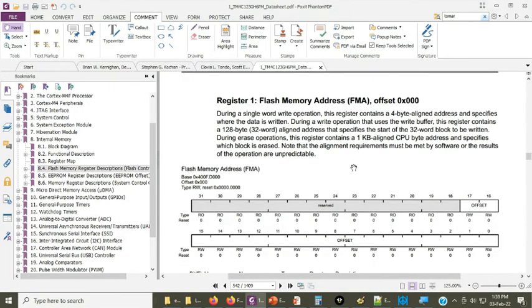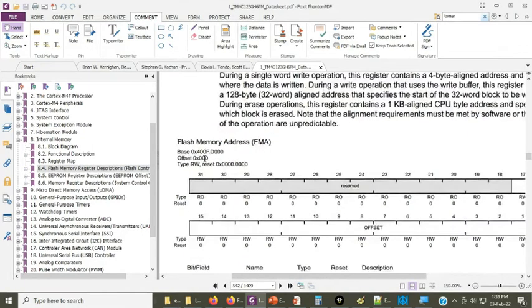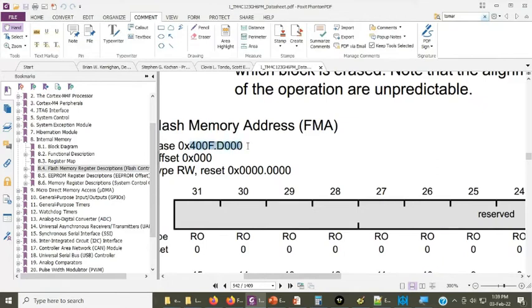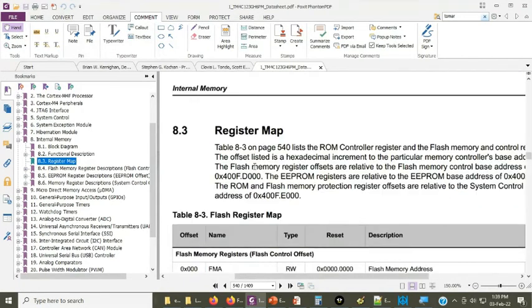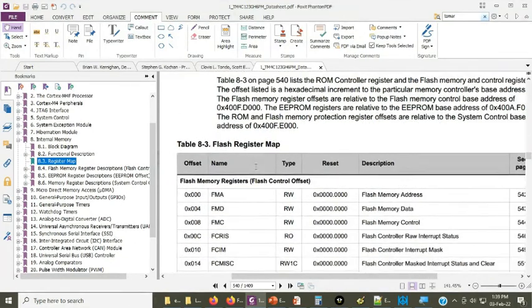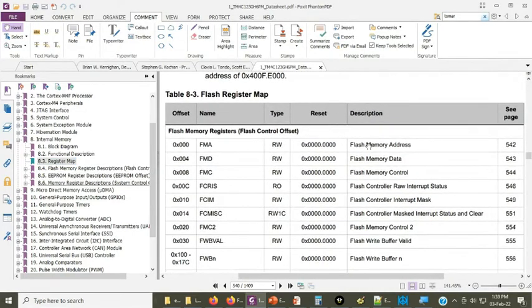Okay, this one you are saying. Right, the base address is given here. Down, flash memory address, this one, 4,000 FD00. Otherwise, you can first go to the register map. Don't jump directly to that part. Always first check the register map, what is there. In the register map, you can also see the flash memory starts from